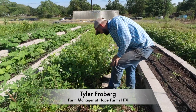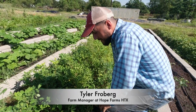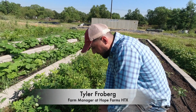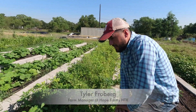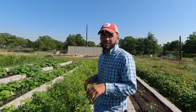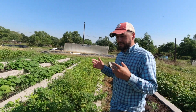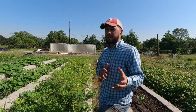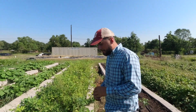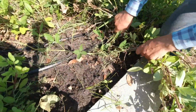I have a spiel on these, right? Everyone says you can't grow peanuts here. But my biggest thing is always, plants can't read books. There are some things that are a climate thing, like cherries and apples, which don't like it hot. But most of the time, it's a soil thing, specifically soil texture, and not necessarily a temperature thing. For this, it was more of a soil thing. So I did a bunch of research, and we